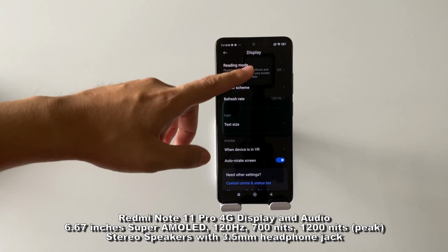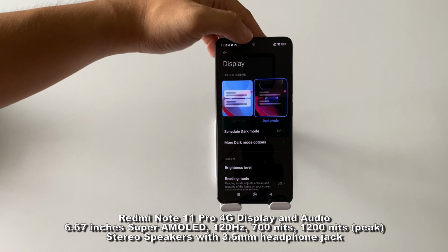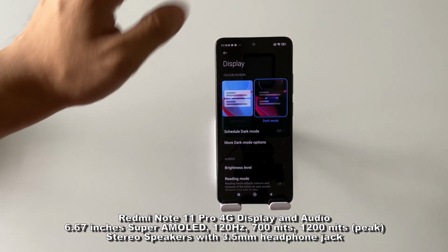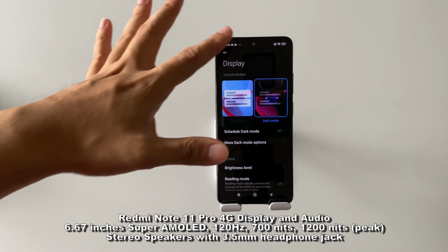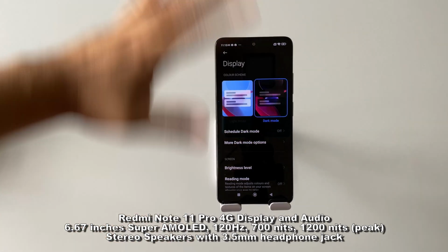And viewing pleasure, the brightness, everything is really positive here. You won't find much fault on the display here as well. But my only main complaint is probably the punch hole selfie camera here. Because the camera has a silver ring to it, it's really kind of obstructing the immersive viewing experience. So if they had a decked out, totally black selfie camera, yeah, I would say the viewing experience here